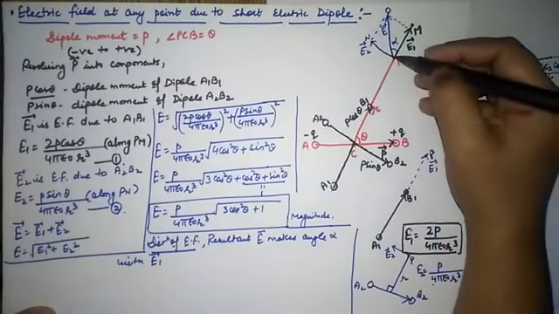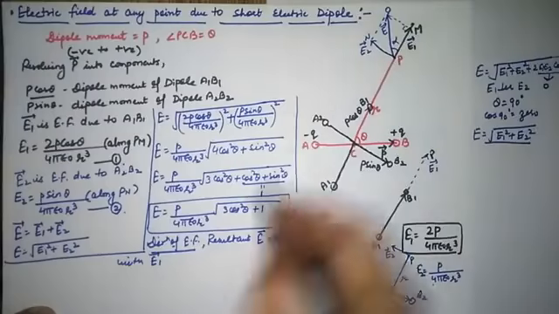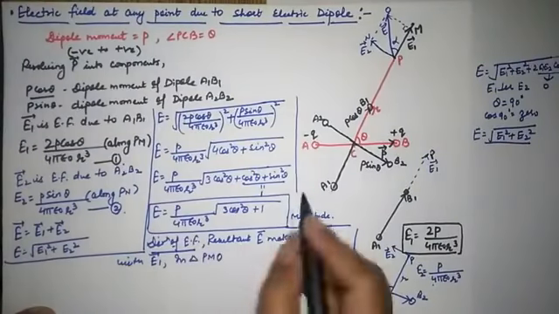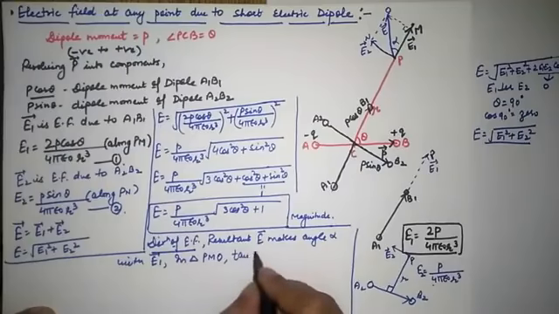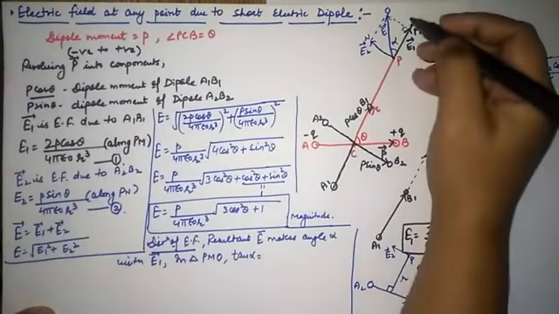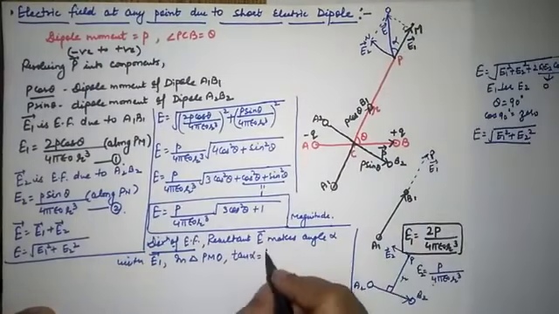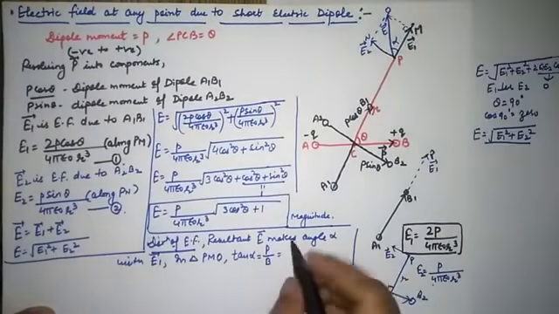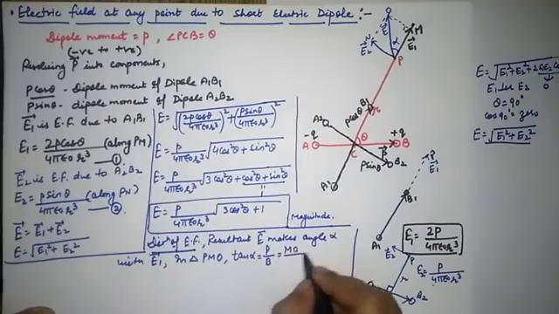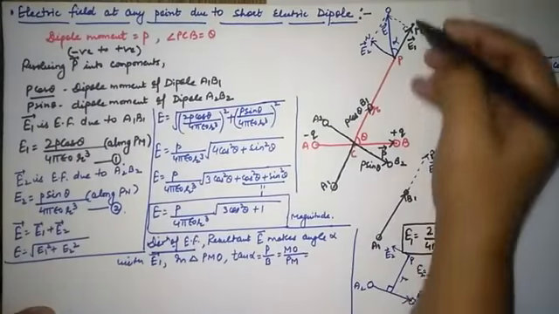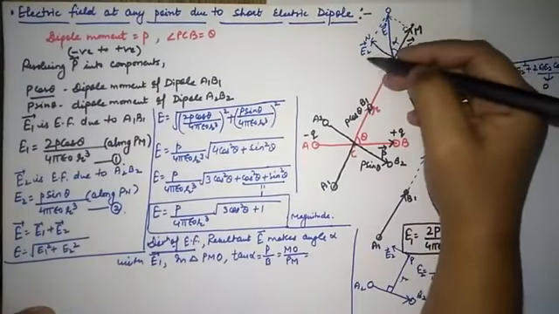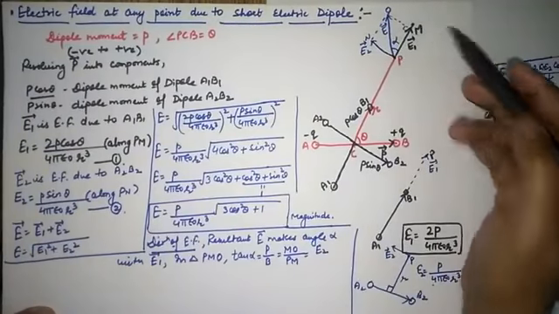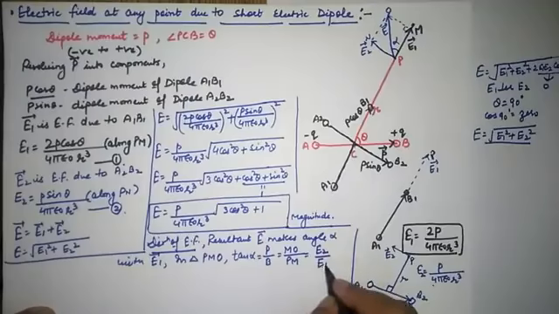So we can take this triangle, let this point be O. So in triangle PMO, this is 90. In triangle PMO, we can take tangent alpha. What is tangent alpha? Perpendicular upon base, that is MO upon PM. What is MO? MO is the same as E2. And what is this PM? PM is E1.